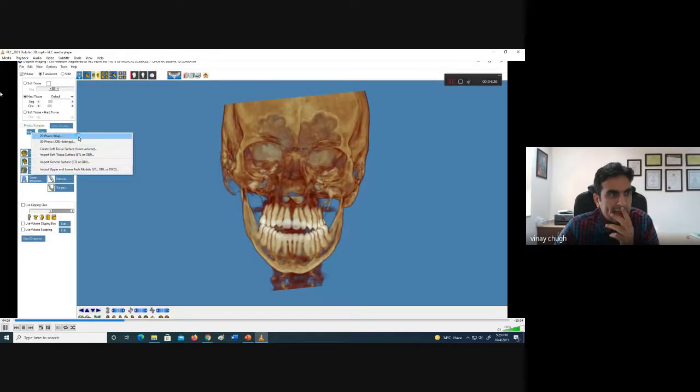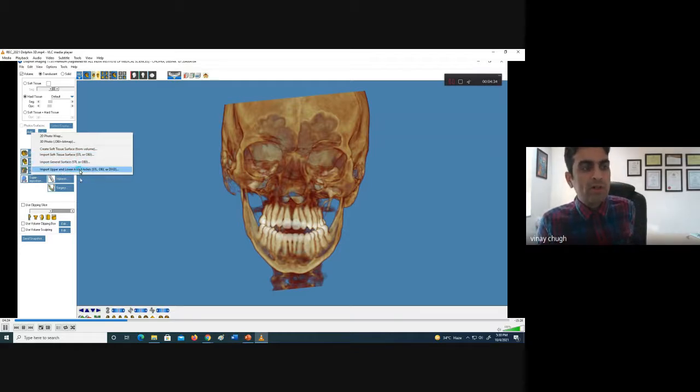You can see here there is an option of 3D photo. Now because we don't have a 3D camera, the stereophotogrammetric options are available if you have a 3D photograph. It will come more handy when you give predictions for the patient. So you have the option of both 2D and 3D. We have selected 2D data here. Again, there are multiple options. You can choose upper and lower STL models and integrate them into your scan.